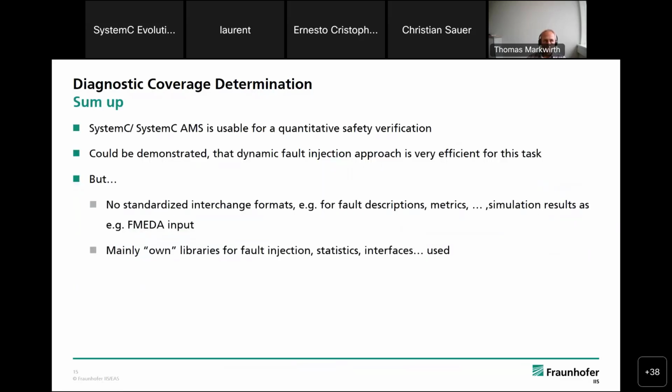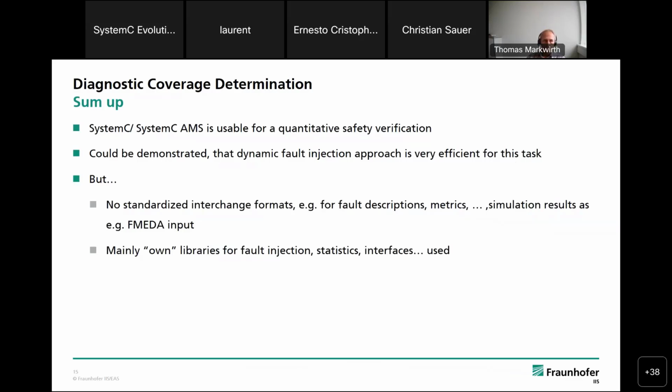So as a sum up, I could say the SystemC AMS is, because of its performance and also its flexibility on different models of computation, usable for quantitative safety verification. I think it could also demonstrate that the dynamic fault injection approach is very efficient for this task. But we see also some points which could be